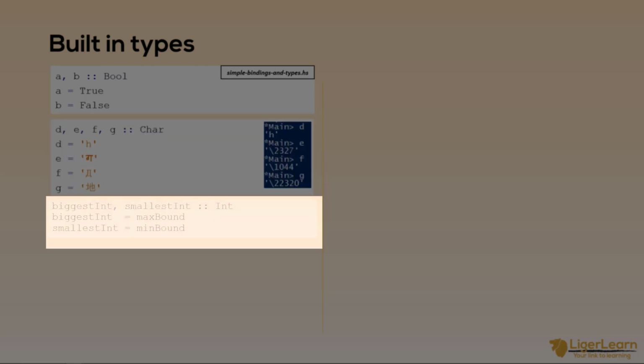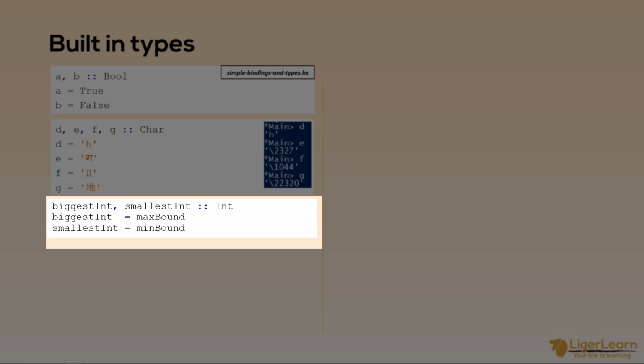Let's look at int first. An int is a signed integer with fixed precision. Signed means that the number can have either a positive or negative sign attached to it. This is in contrast to an unsigned int, which has no sign and so can only be positive. Fixed precision means that the value can only be between a specific interval. The actual interval depends on your computer architecture, but the Haskell standard states that an int must be at least 29 bits,